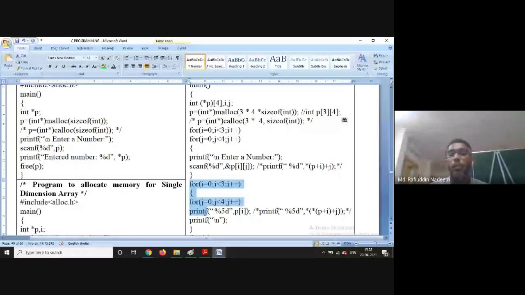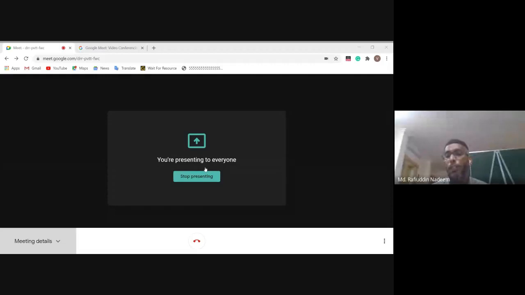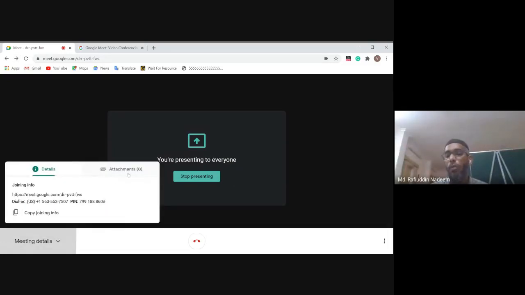See, this notation is regular notation. I discussed this notation in the class also. This actually specifies the address. You can use it in either way. You can go for p of i j, or you can go for star of p plus i plus j. That is one notation. And then while displaying also, because this is an address, if whole star is presented, then it will.